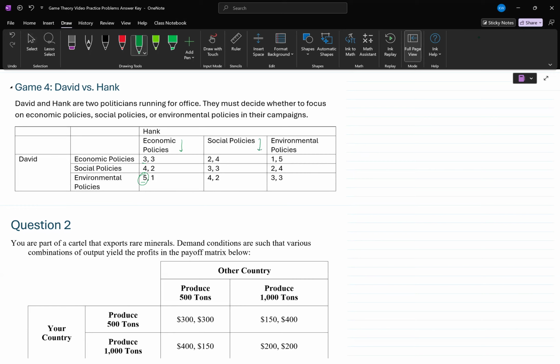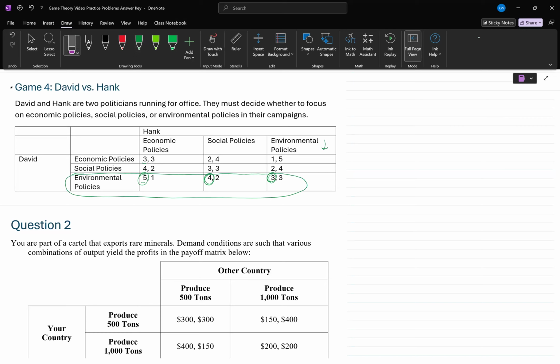If instead Hank selects social policies, looking at all of David's payoffs, we see again environmental gives him the greatest payoff. And then finally, when Hank does environmental policies, we see again for David, environmental policies give him the largest payoff. So David's dominant strategy is going to be environmental